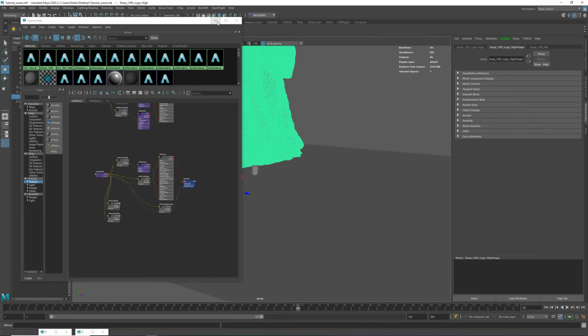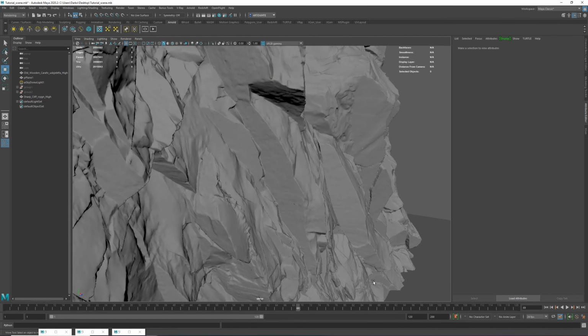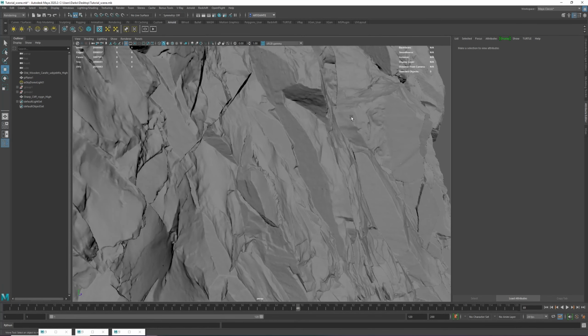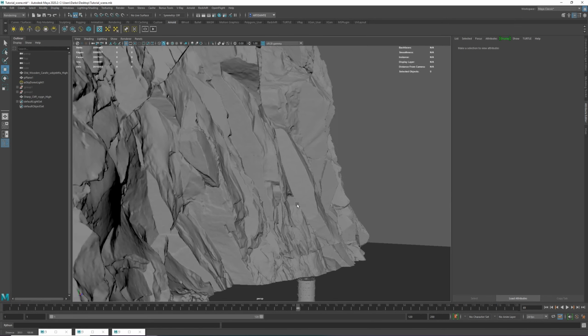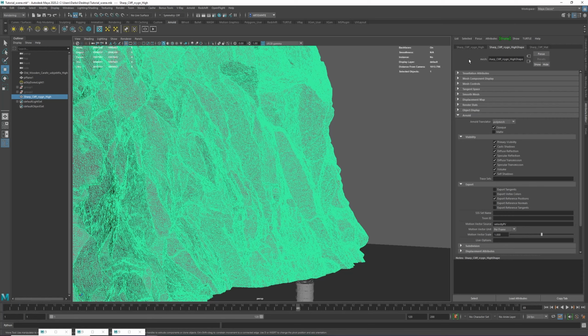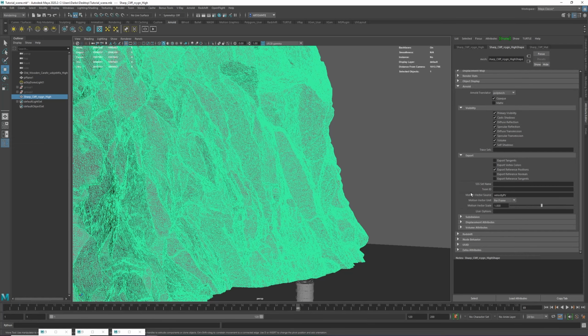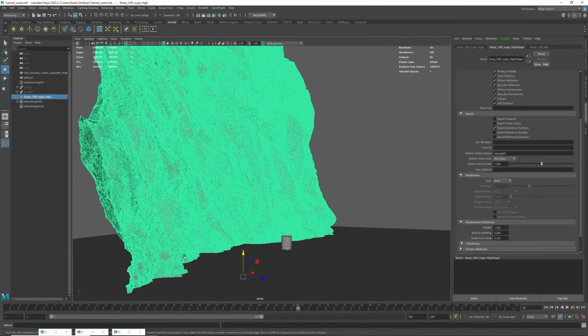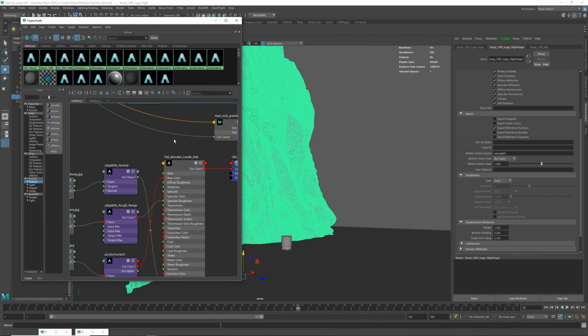Now, for an asset that is this highly detailed in the scan, you don't need a displacement because it's already displaced, right? So if you select this guy, if you go to Arnold, this is the shape node of the object. Go to Arnold tab and you go to subdivision. You see Catmull Clark is turned on. Just switch this to none. You don't need a displacement attribute. This is all fine. That means that if I go to Hypershade, this is the